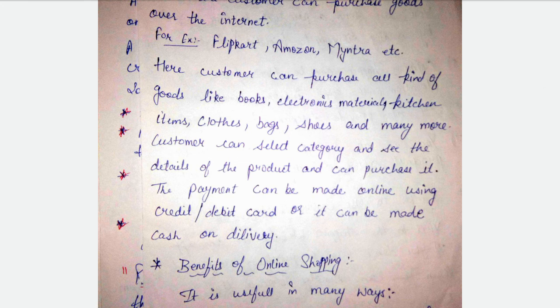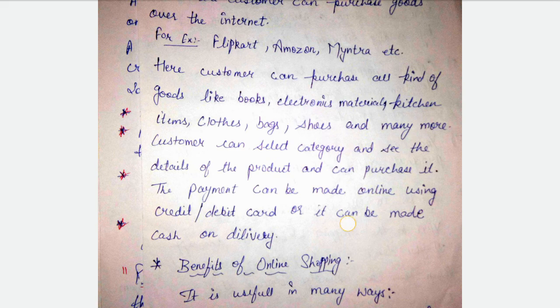So how do we see the details of the product on these online shopping applications? Firstly, we go through the products and select a product, and in the description of that particular product all the details are shown. For example, if I am going through beauty products, it will show you the company, the price, the actual price and the percentage off on that particular product. Like this you can see each and every detail of the product, and then you can add that product to your cart, or you can buy it at that time only.